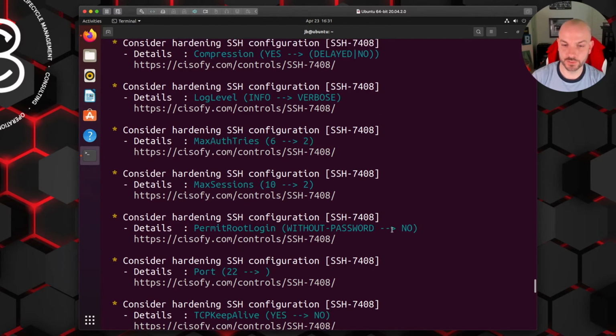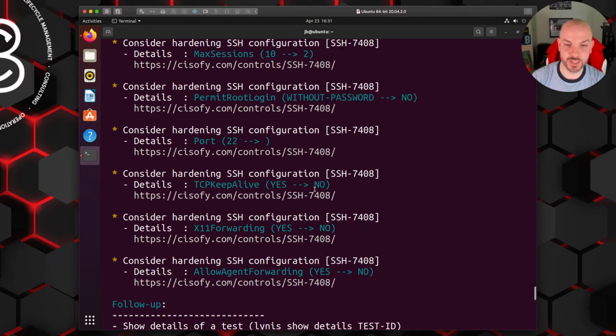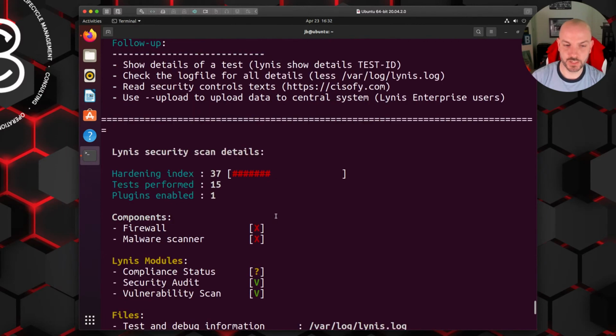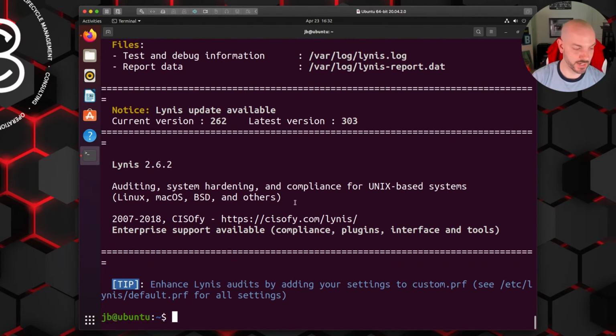Permit root login to no. This is saying they want you to change the port from 22 to anything. They're crazy people. TCP keep alives, change that to no, and some other things. So if we want to actually take a look at how we would go about modifying that, we can go and take a look at that